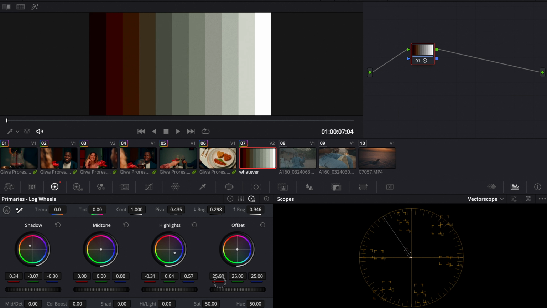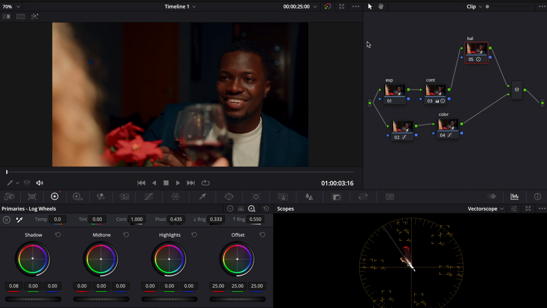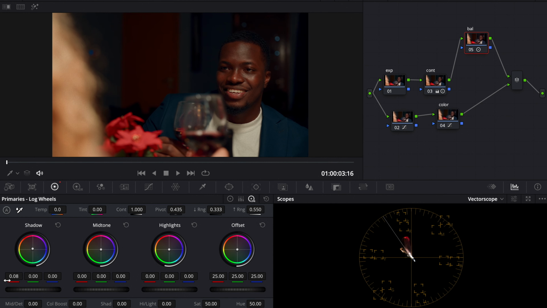So by default it affects only the brightest parts of the image, and as you vary the range, it starts to affect other portions of the image. So let's get back to our grade. Let's reset this. We're going to add some red to the shadow. Let's click on this clip so that we can see this better. We're going to add some red to the shadow,